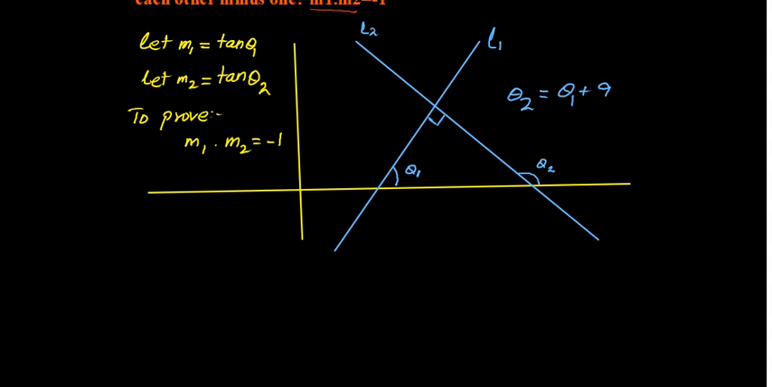So this exterior angle must be equal to the sum of these interior angles. This is the property of a triangle. So we have over here theta 2 is equal to theta 1 plus 90 degree. So we can write simply theta 2 is equal to theta 1 plus 90 degree. Okay,